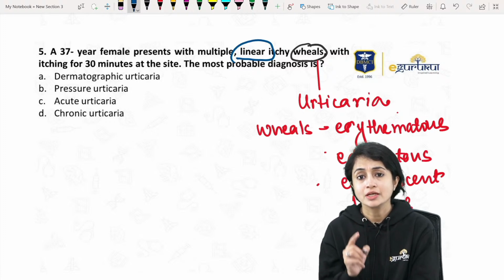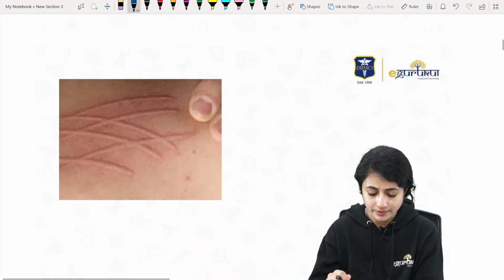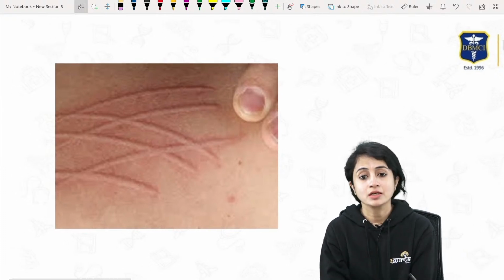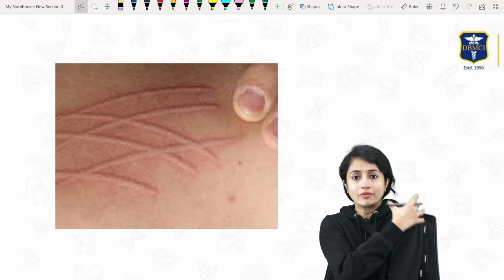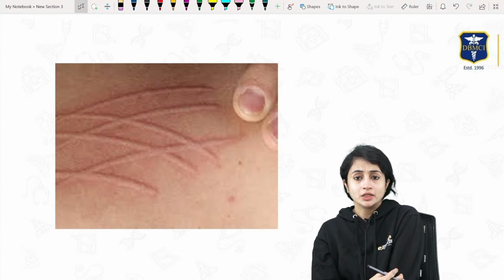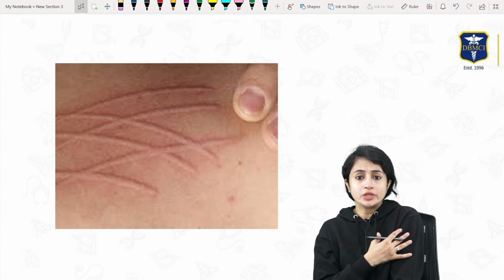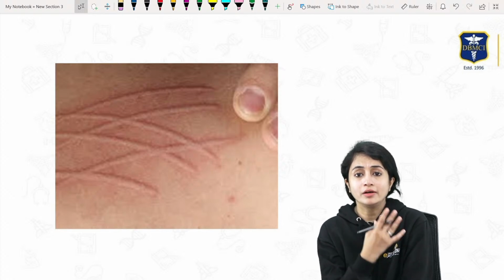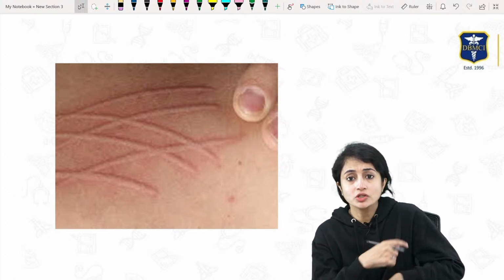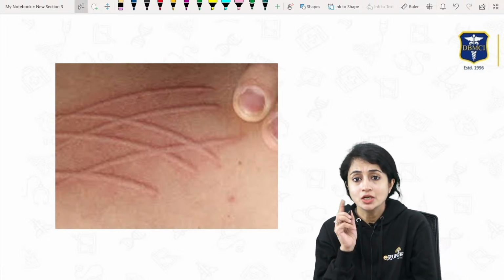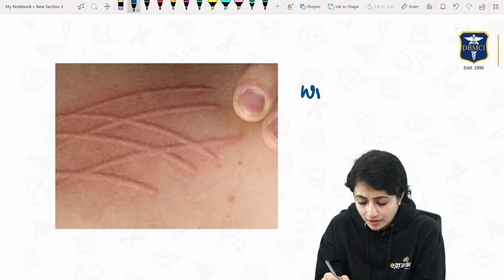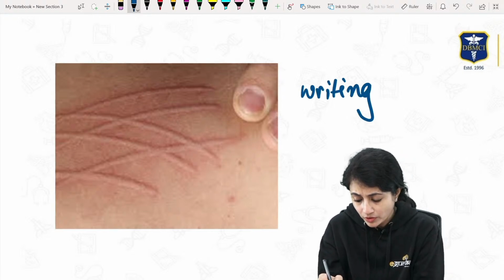Linear wheals is like this. Linear. So what if you do like this? You have these lines forming. So these are linear itchy wheals, as if you are writing on the skin. So you can actually write a name. Patients who have this can write their name on the skin. So this is like writing on skin,